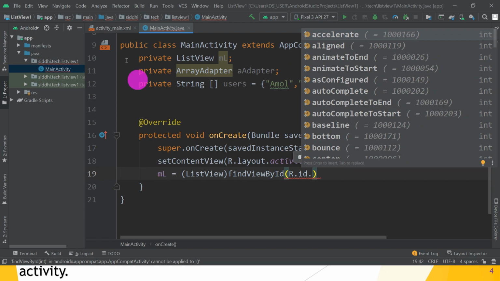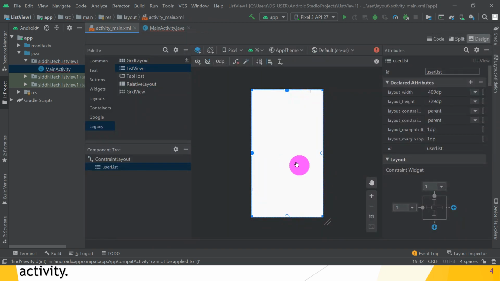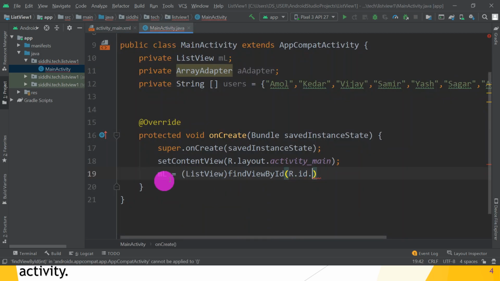Here the ListView's id is user list, so it is referred by R.id.userlist, and this list reference is stored into ml. And what is ml? ml is the object reference of ListView. So R.id.userlist. Great. Guys, hope you understand.